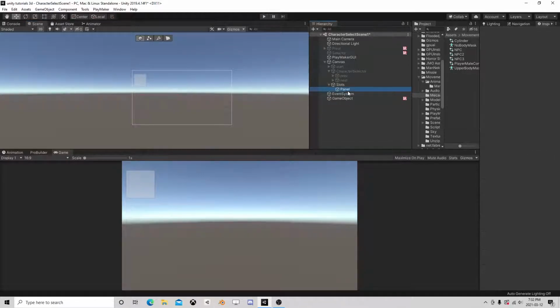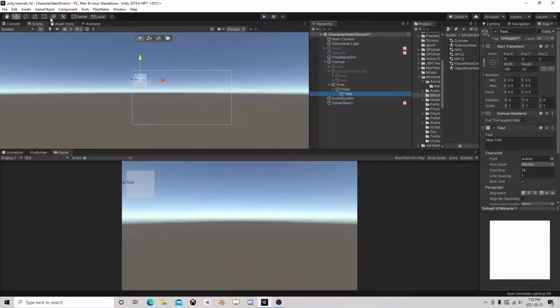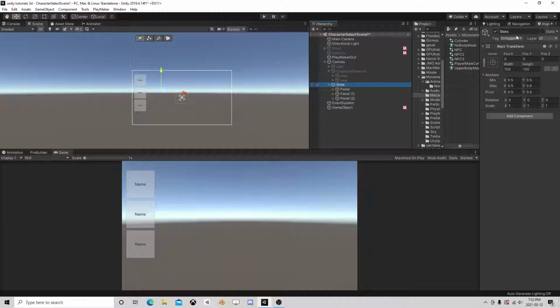Okay, let's get this kind of set up a little better. So if that's slot 1, that's slot 2, and we'll say slot 3. So now